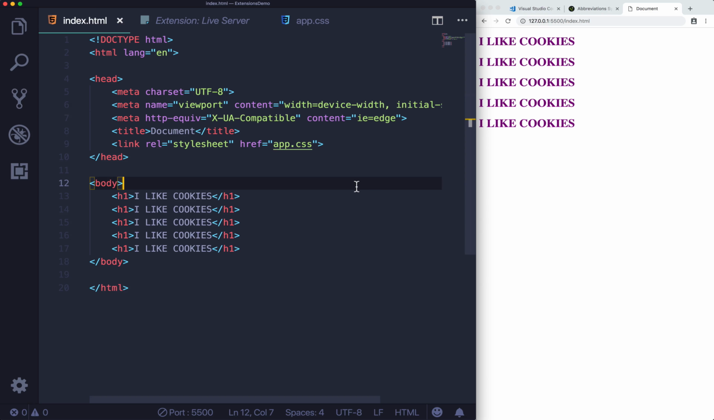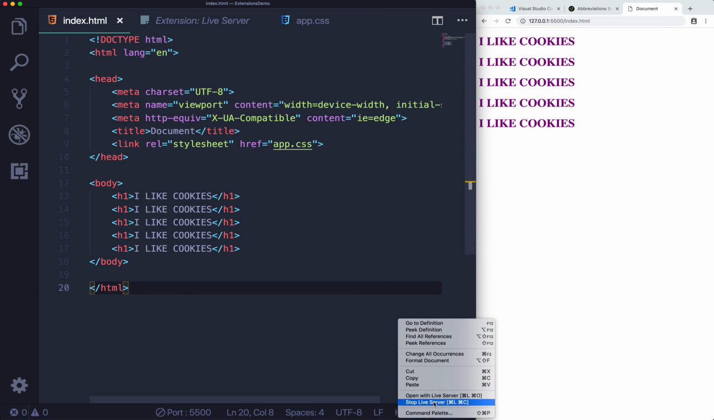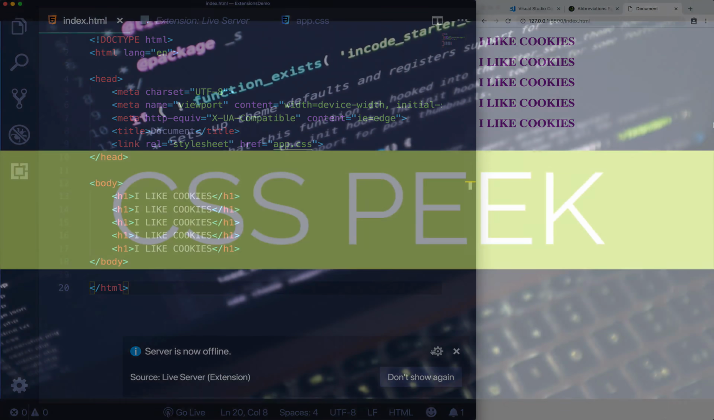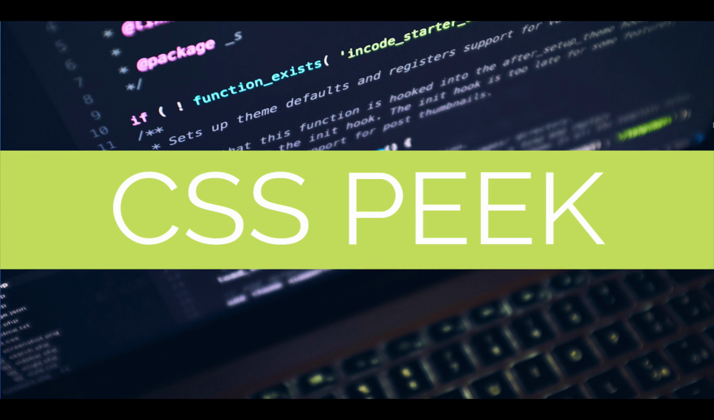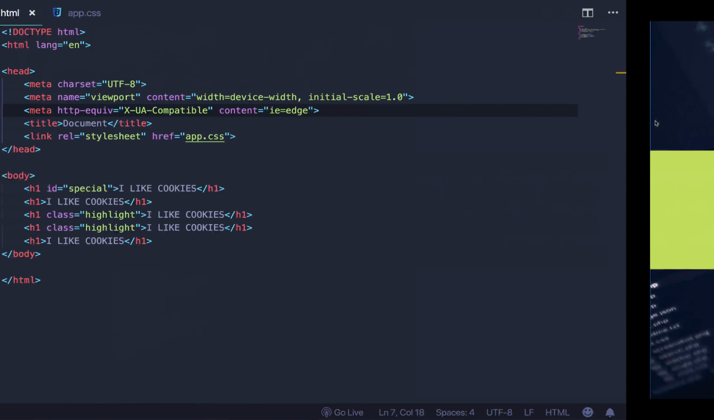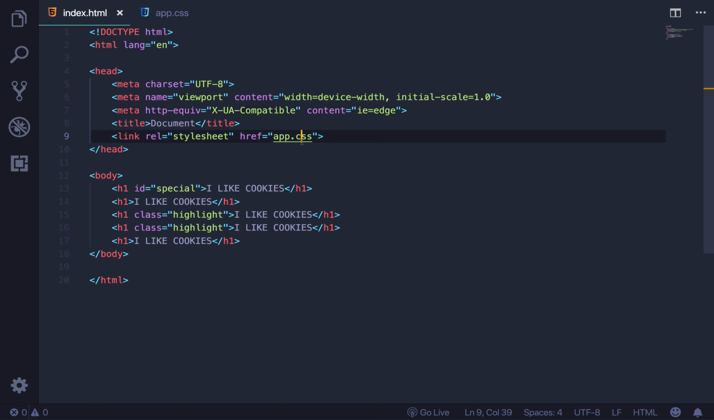Okay, that's all there is to Live Server. And to stop it, just go to stop Live Server, like that. And we're done. While we're on the topic of HTML and CSS, one of my favorite extensions when I'm working with long, complicated CSS files in particular is called CSS Peek. So what this does is it allows you to quickly jump from your HTML to your CSS,